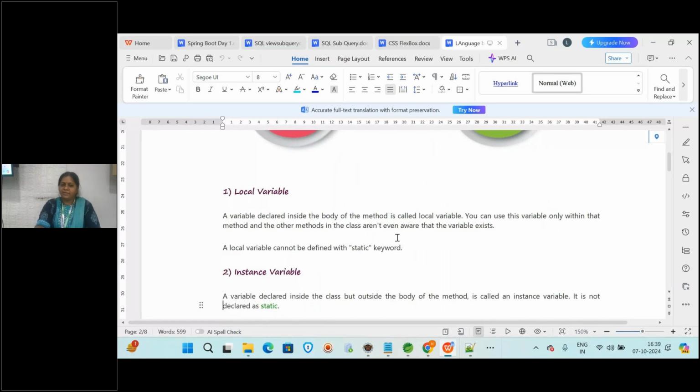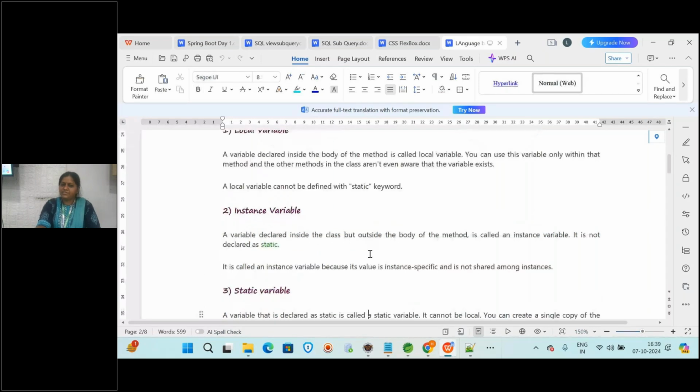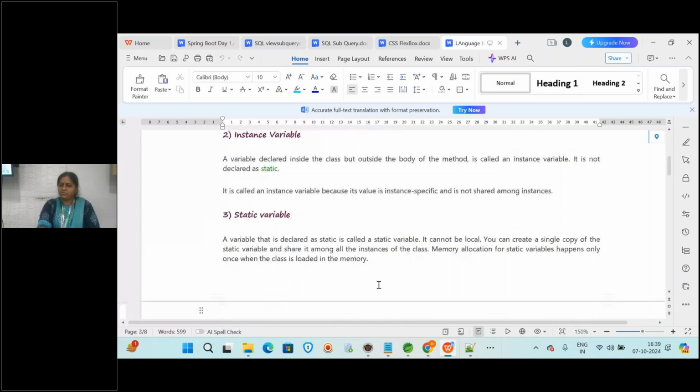Whatever I explained: local variable is declared inside the method, and a local variable cannot be defined with the static keyword. Instance is declared inside the class but outside the body of the method. And static variable is declared using the static keyword, and you create a single copy, which is shared by all the instances of the class.